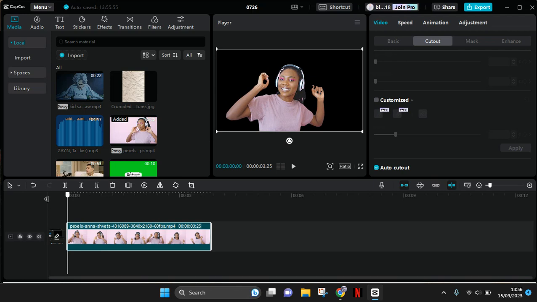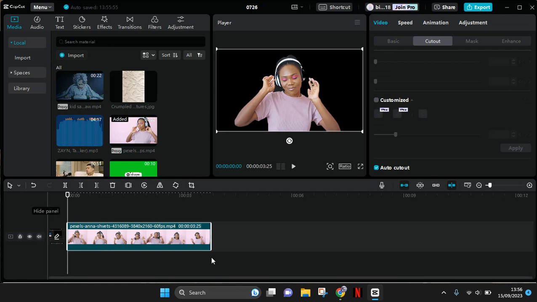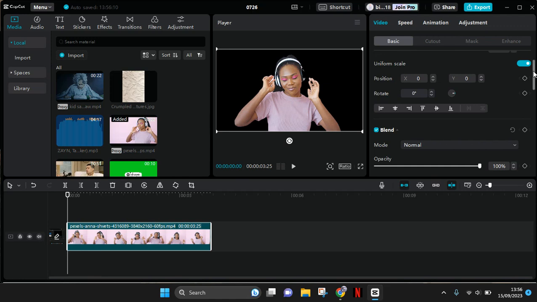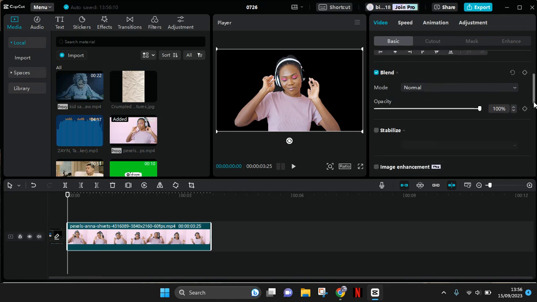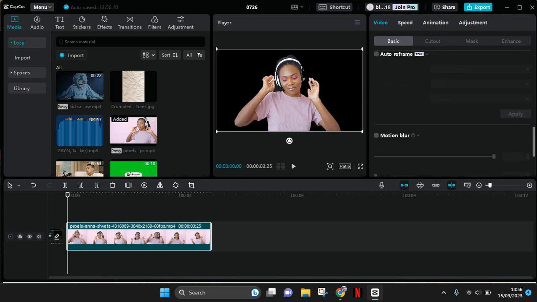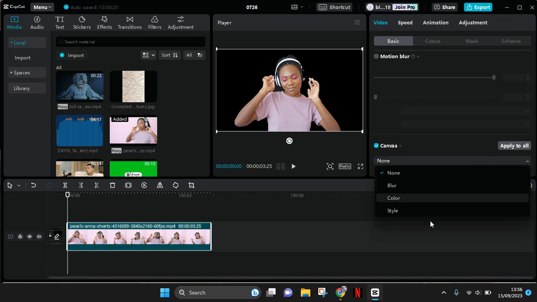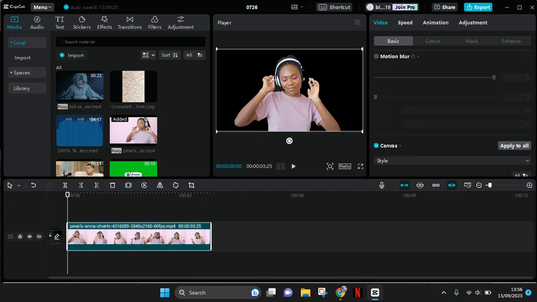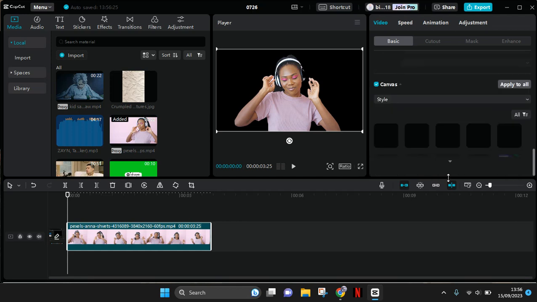And to change the background, you just need to go to the basic tab in here and then scroll down the menu until you find canvas. Okay, this one, turn on the canvas, and then here you can see there is the drop down. Click on this box and choose the style to add a new background, and here you just need to scroll down and there will be a bunch of